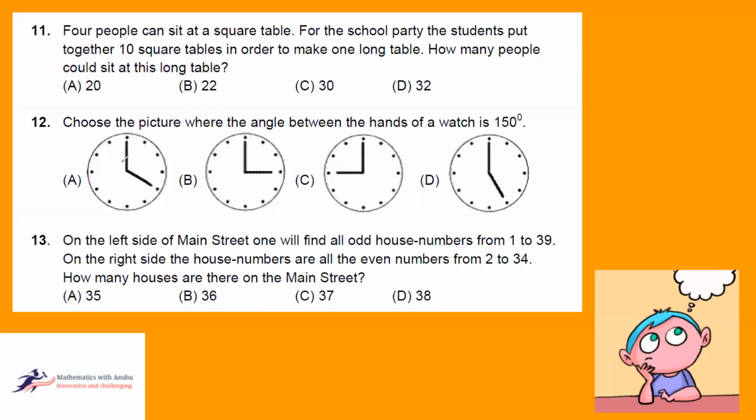Now see this question. Here it is 120 degrees, because each division is 360 divided by 12, that is 30 degrees, and 30 degrees into how many divisions? 1, 2, 3, 4, so 120. This is 90, this is 90, and here it is 5 divisions, so 150 degrees. So this will be the answer.